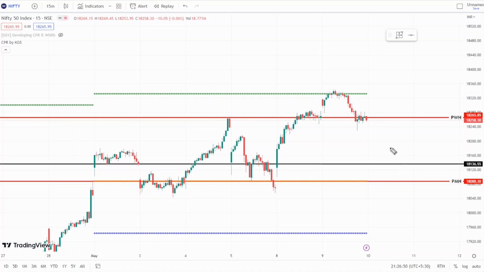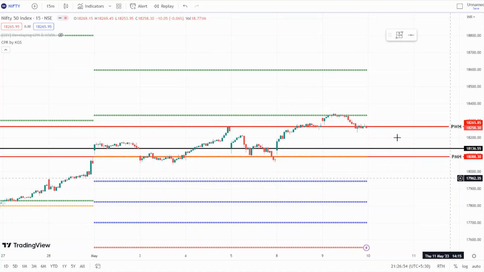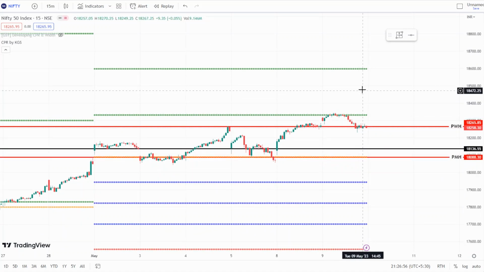So Nifty is, you can say, a bit of a stronger index versus Bank Nifty. But if Nifty wants to go up, we can expect 18,470 nearby levels to come in this